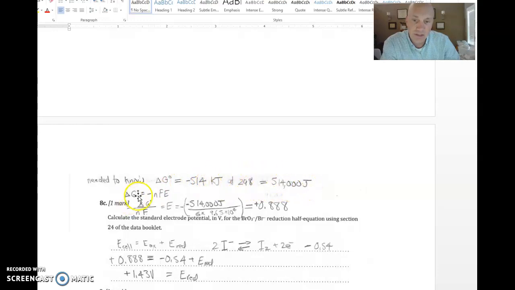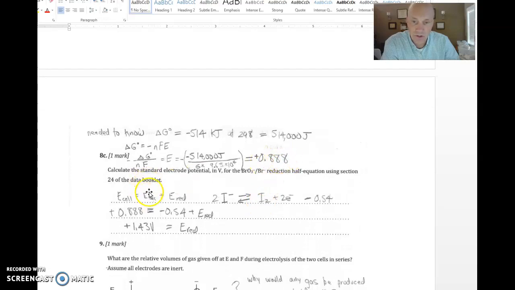was this right here, and that allows you to use this equation right here to calculate a cell potential for that particular reaction. All right, and that would be needed in order to solve this problem the way that they would have expected it. So putting that in for the potential for the entire cell, we could use the data booklet to figure out the cell potential for this oxidation half reaction, plugging that in, and we can calculate this value right here. And you can see that this is pretty close to the positive 1.44 that they did before,